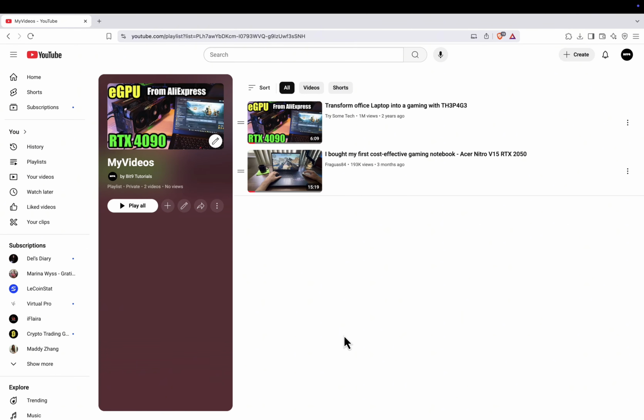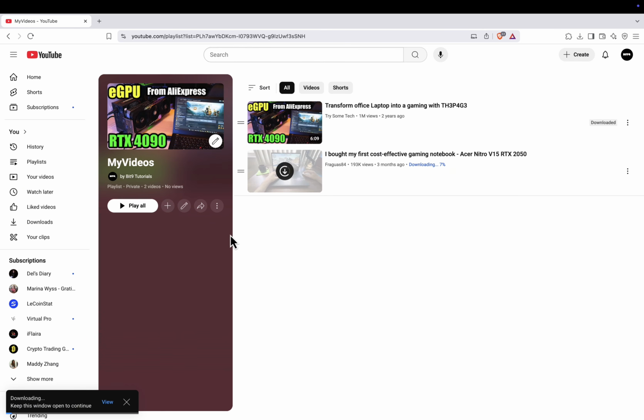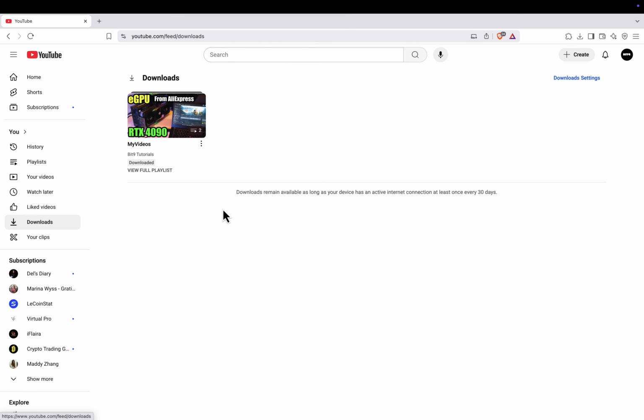Once your playlist is open, you should see a download icon on the left side of the playlist page. If you don't see the download icon directly, look for the three-dot menu icon on the left, click on it, and from the drop-down menu, select Download. After that, your playlist will begin downloading. To view your saved videos later, click on Downloads from the left-hand menu, and you'll find the entire playlist available